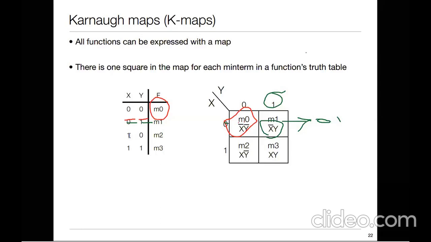When x is 1 and y is 0. So here x is 1, we can see x is 1 because I told you this row over here represents x and this represents y. So this is x is 1 and y is 0. The third box over here represents values related to 1 and 0, or it is nothing but min term 2. The fourth one over here represents x is 1 and y is 1. So this will be equal to min term 3 or xy.